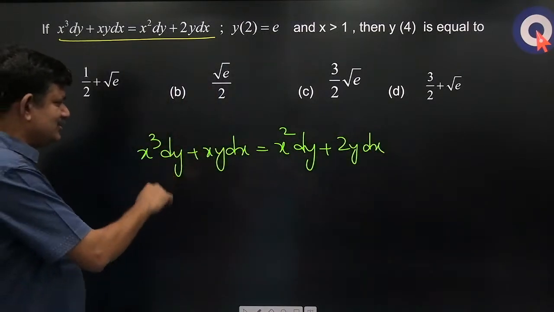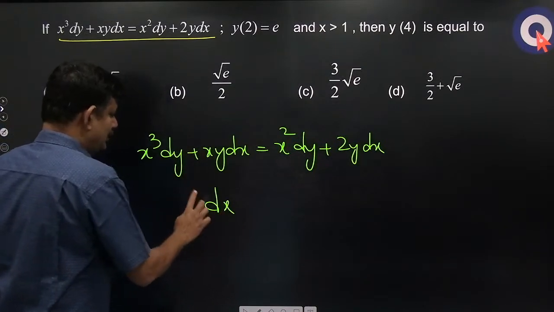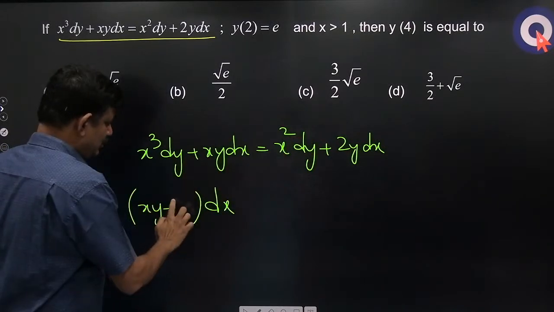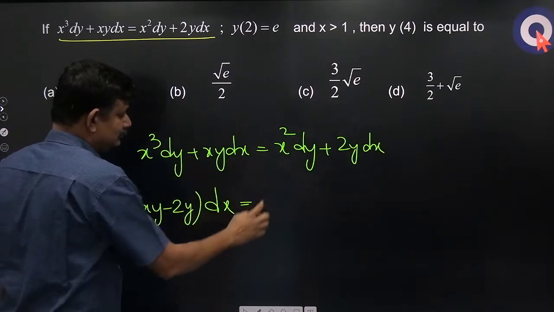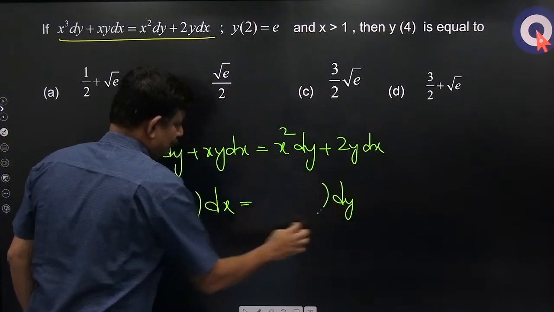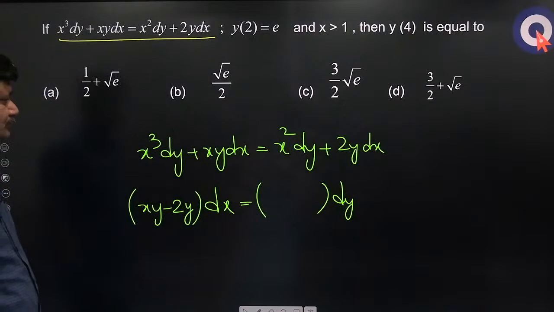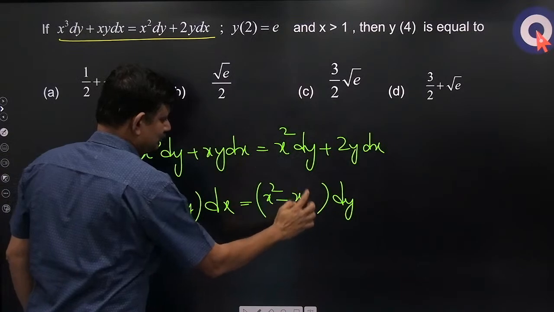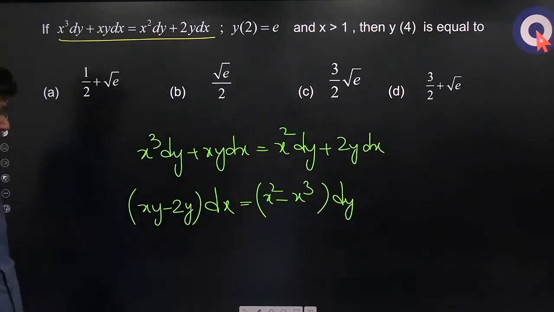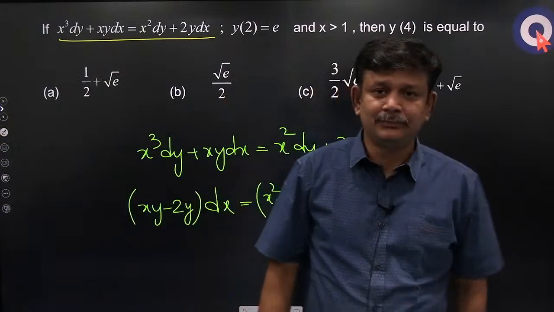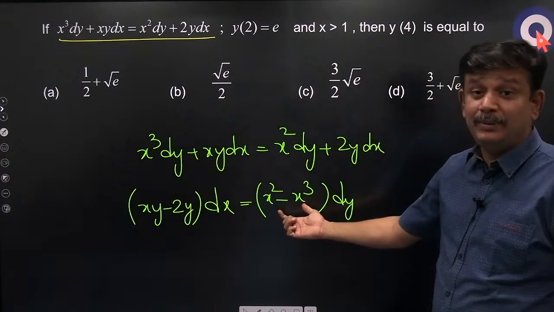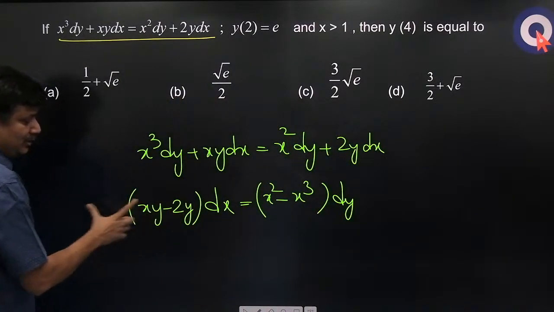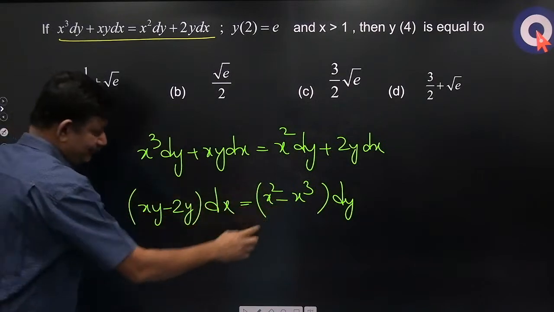पहले dx के सारे टर्म्स एक तरफ लेके जाओ, dx इंटू क्या बचा हुआ है यहाँ पे xy, यहाँ पे 2y is equal to dy इंटू यहाँ पे क्या है x स्क्वायर, इस तरफ लेके गया तो x क्यूब। ठीक है, तो y के साथ x को बिल्कुल नहीं छोड़ना है एंड x के साथ y को बिल्कुल नहीं छोड़ना है, तो y कॉमन आ जाएगा, उस तरफ फेंक दो उसको।